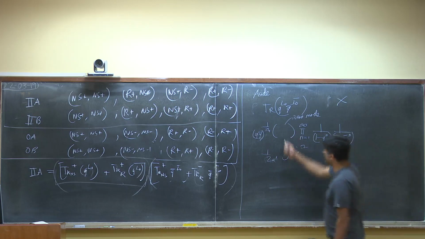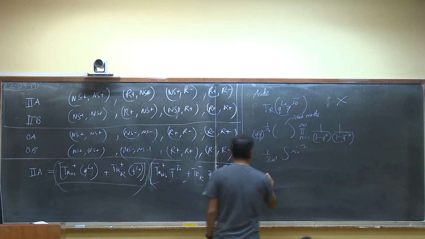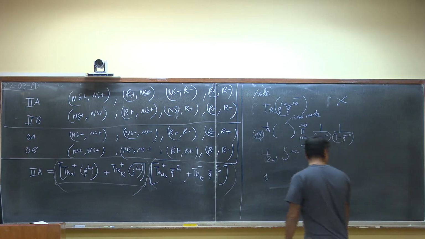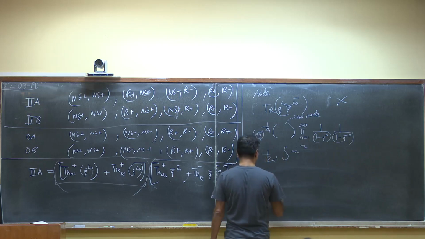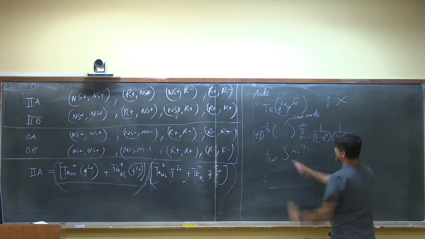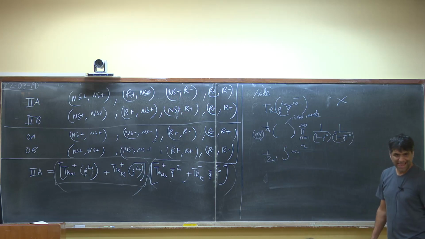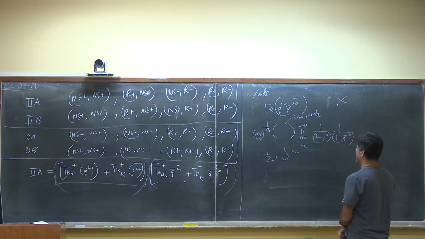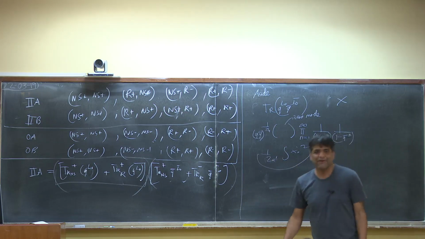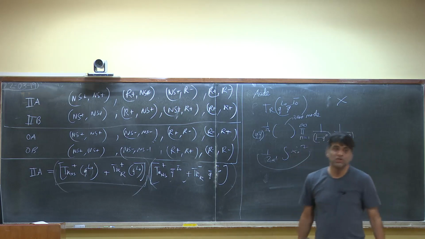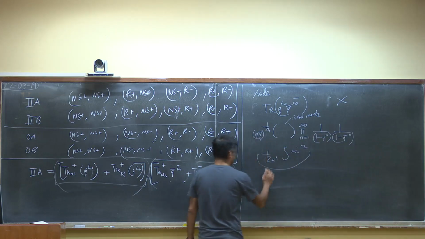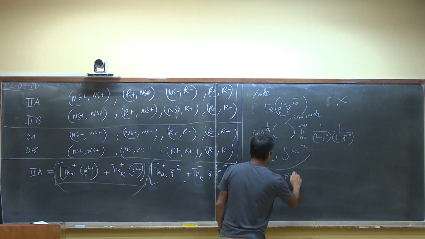So what's left is the partition function of this Lagrangian. Now let's see. First, suppose I had this Lagrangian. This is just non-relativistic quantum mechanics of a particle with mass 1 by alpha prime. So we know its spectrum. The partition function is the trace of e to the power minus beta H.